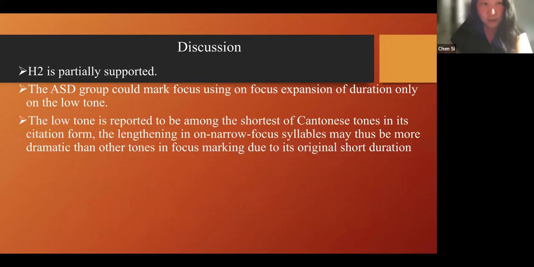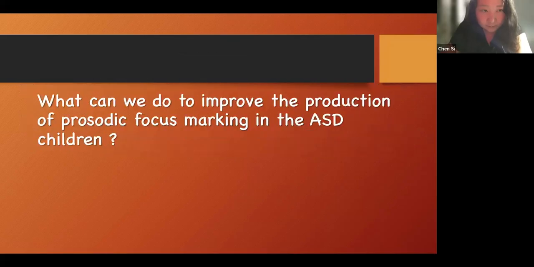So we had a category called the low tone that includes tone 4 and tone 6. We're still thinking about the reason, and it's probably because of the short duration for these two tones, and it's probably more likely for them to make it more dramatic than other tones in the focus marking. So that's some findings on